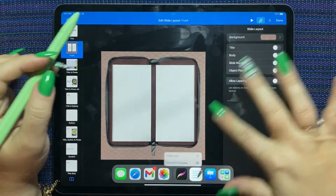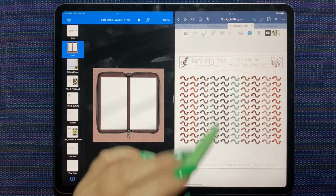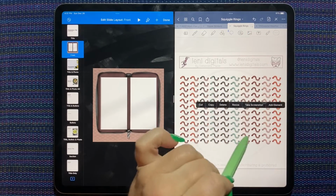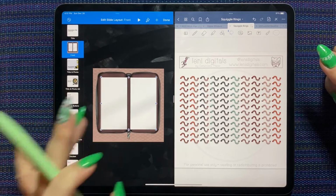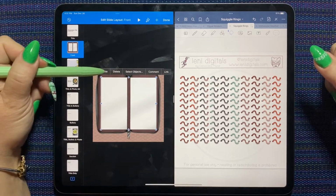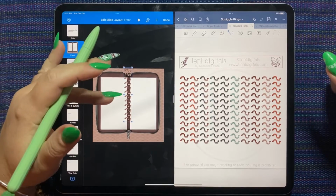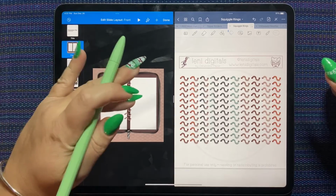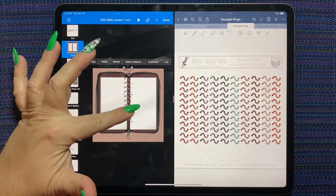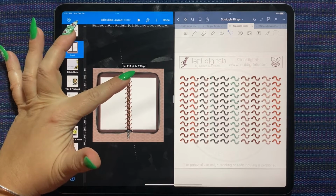Okay, so I'm still in edit slide layout. Now let's go to our rings. These are the ones that I like. I think they match the background really nicely. So it seems to be the one finger tap brings up the menu for me, and then I can move the wrong thing again. So I want to keep my squiggle selected, and I'm just making it the